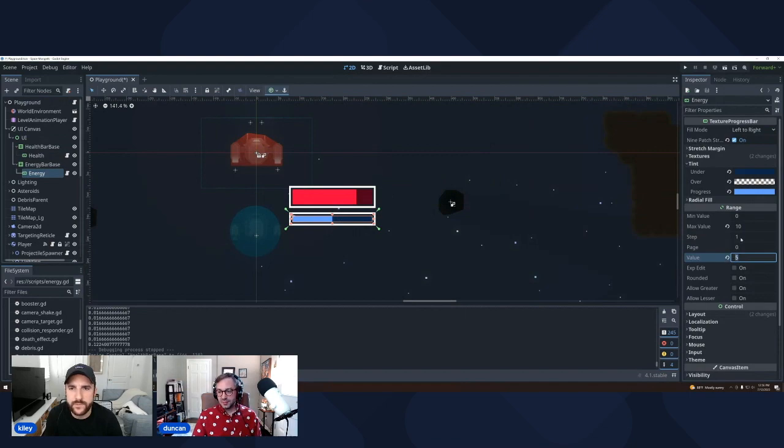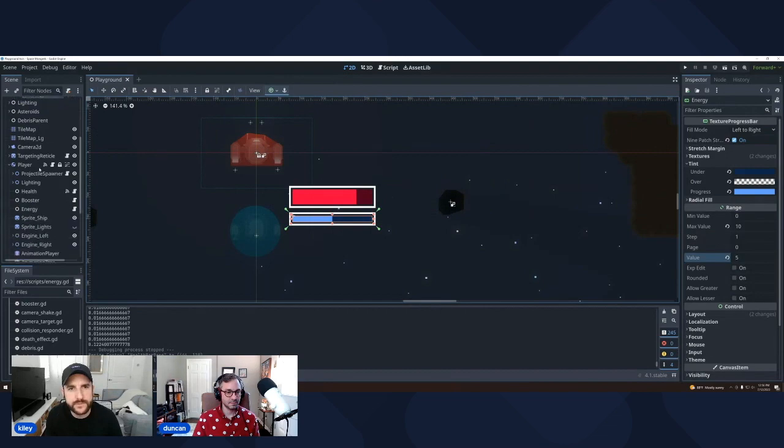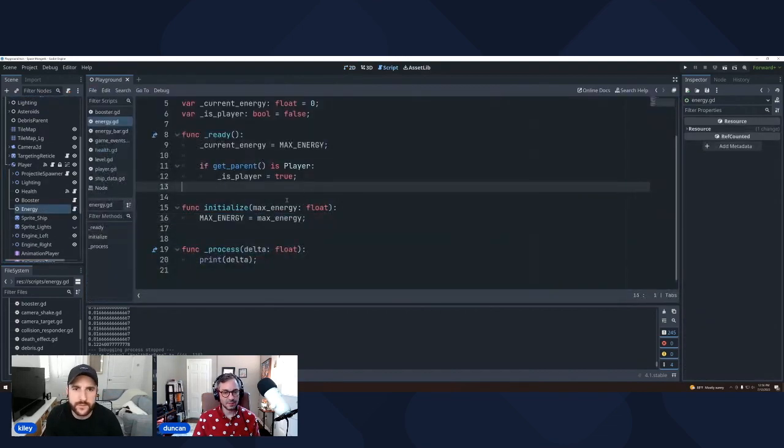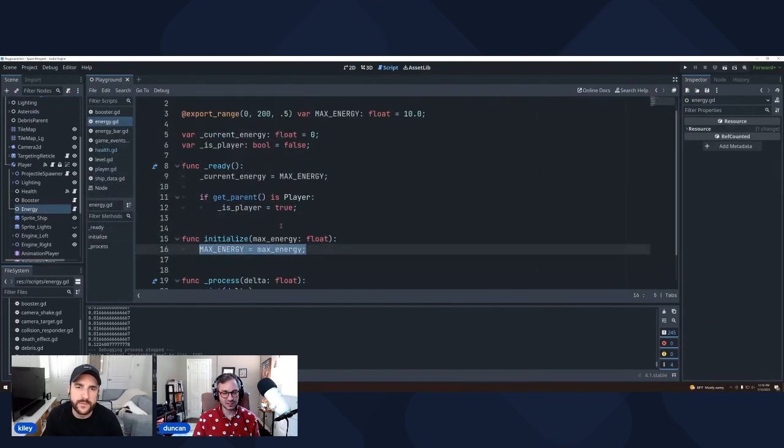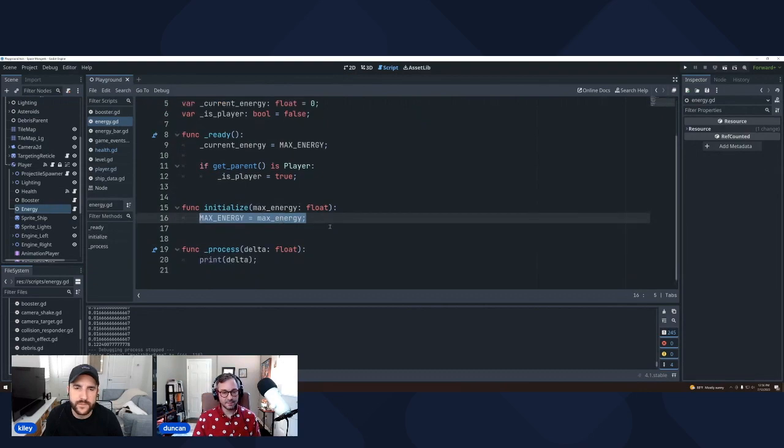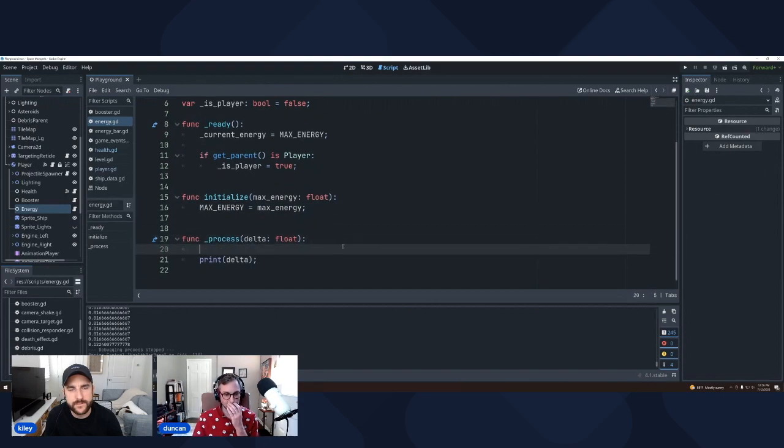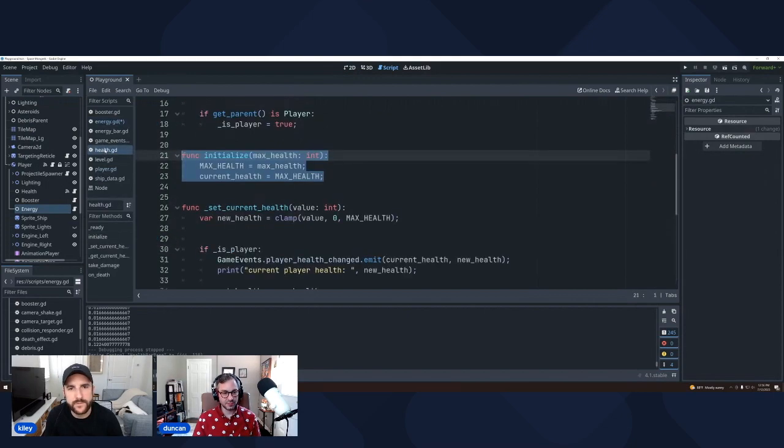One thing is, right, the step is set to 1. So let's just leave it that way and we'll kind of see what that looks like. But let's get it to start and just be set at 0. And that's how we'll know that it's kind of hooked up. So let's open this back up. So max energy again, it's getting set. But let's just go ahead and set it up to the bar, and then we'll kind of go from there.